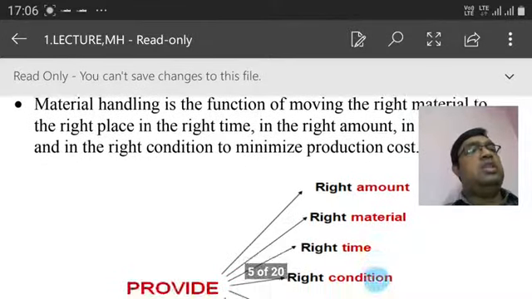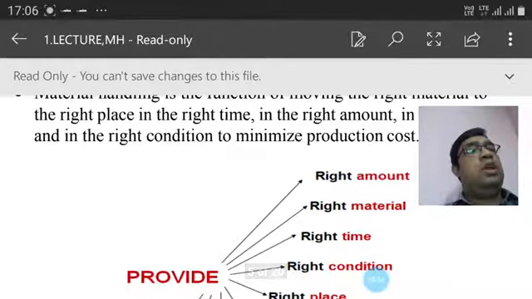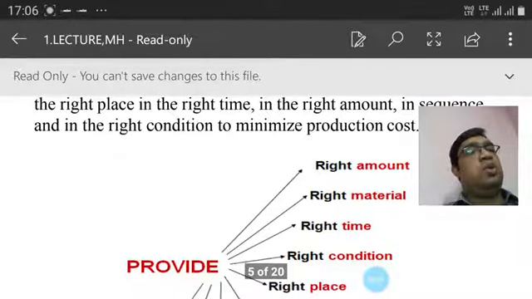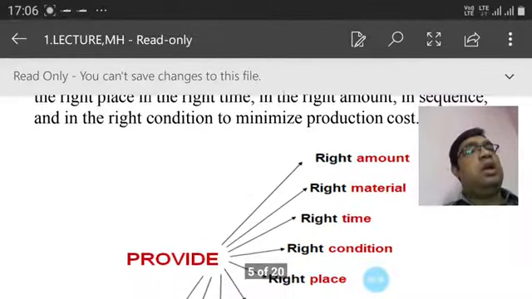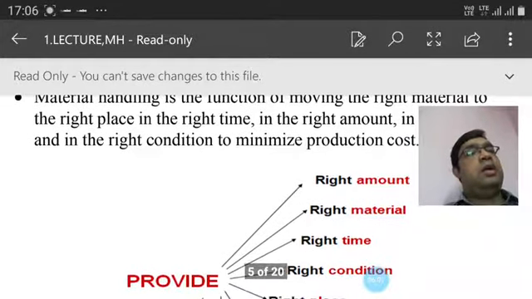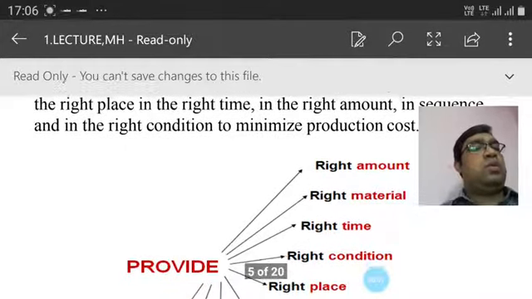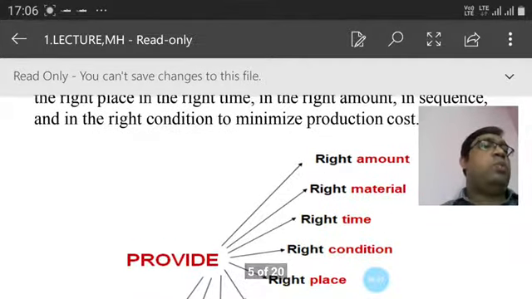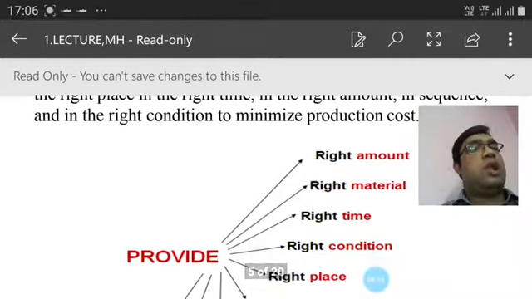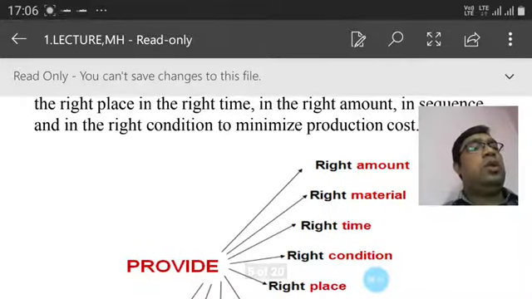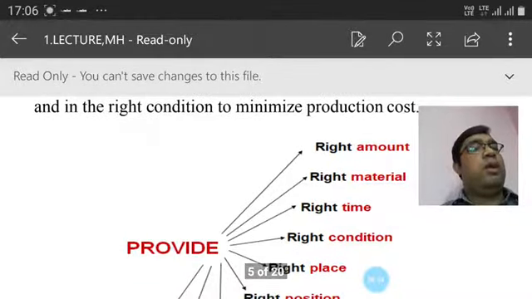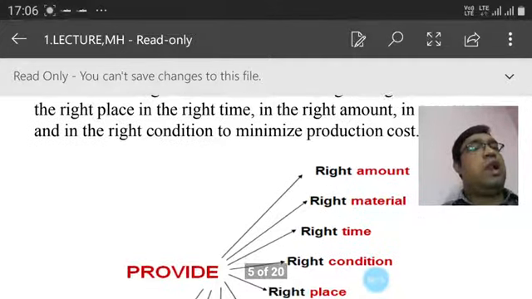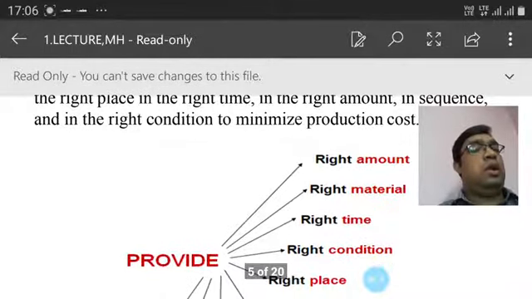According to this scenario, in Japan the Toyota company is considered the origin of just in time. When customers give an order, that order quantity will be produced for customer satisfaction. Accordingly, we require the same amount of materials. The right amount of materials will be brought to the company, and also purchased